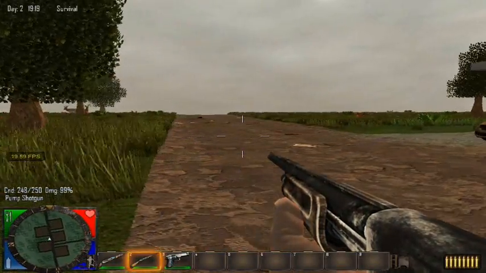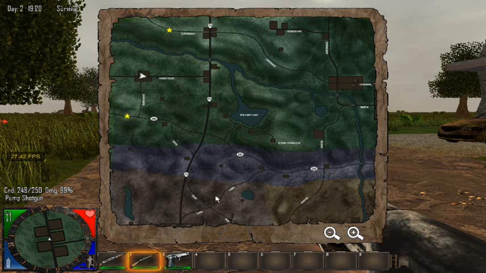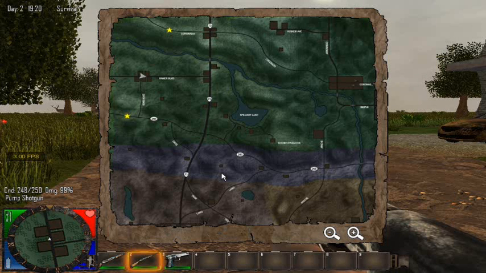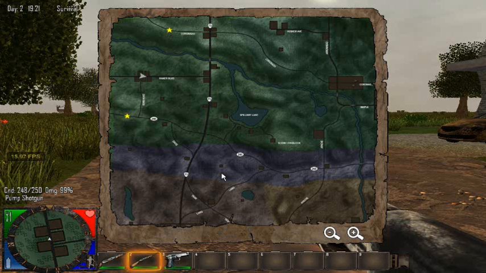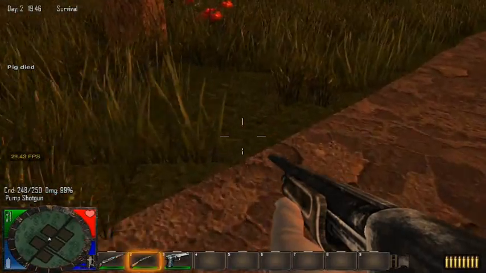Alright. Let's see, now which way do we want to go? I kind of want to get down into the burnt zone. As you can see, my FPS is dragging a bit. Let's go ahead and see you here in a minute. Alrighty, well, as you can see, it is getting a bit dark, so